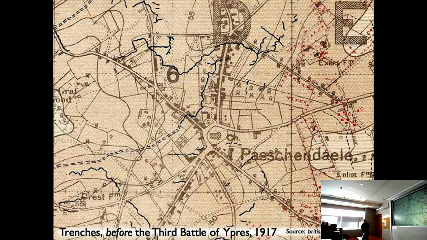Now, to give you an idea of the value of the photography, have a look at this map of Passchendaele, heavily fought over during the Third Battle of Ypres in 1917, in a regular map rendition that included these occasional trench outlines here during 1917.